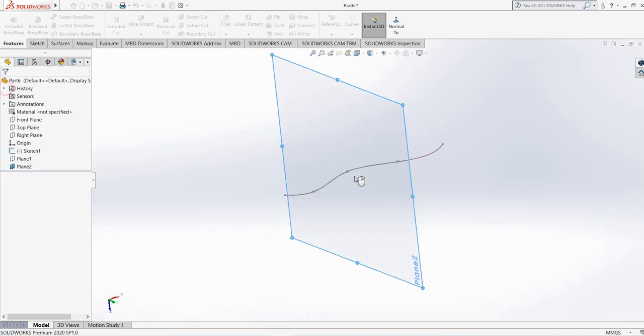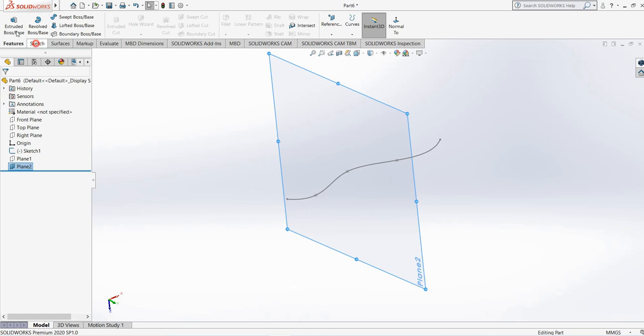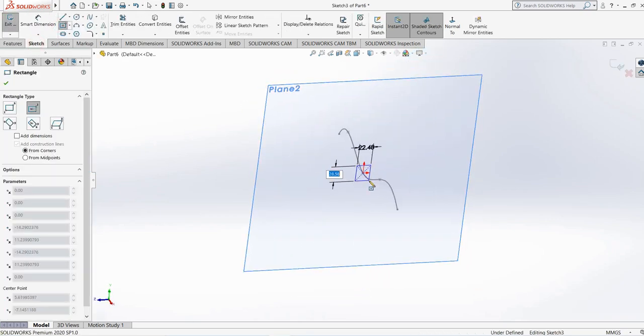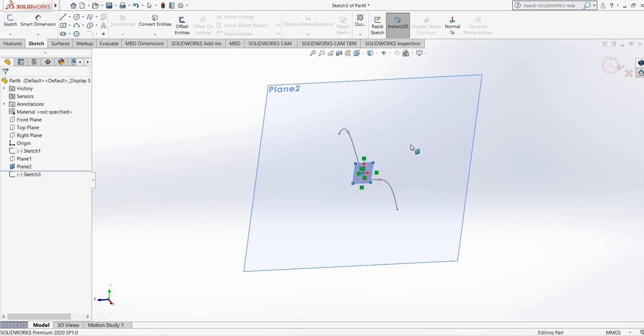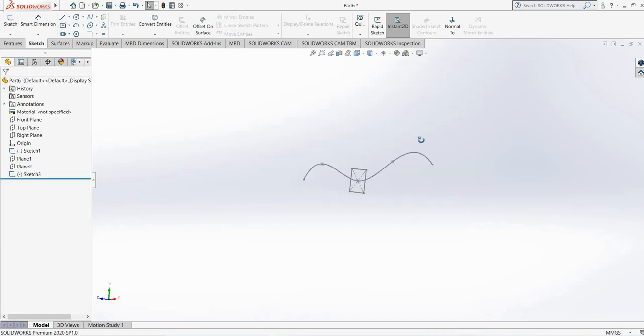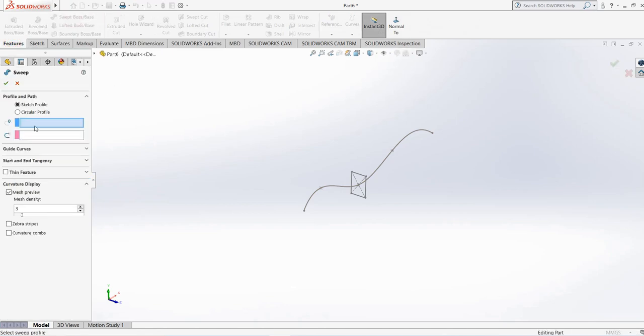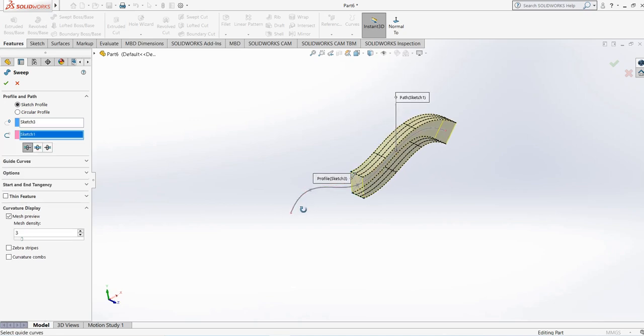So now the plane is here. Okay, a plane at this point, and I will select it and make a rectangle on this point. Now, when we make a profile at any position inside the path, what will happen is, if we select sweep boss base, select this profile and this path, SolidWorks is providing three options: one direction,